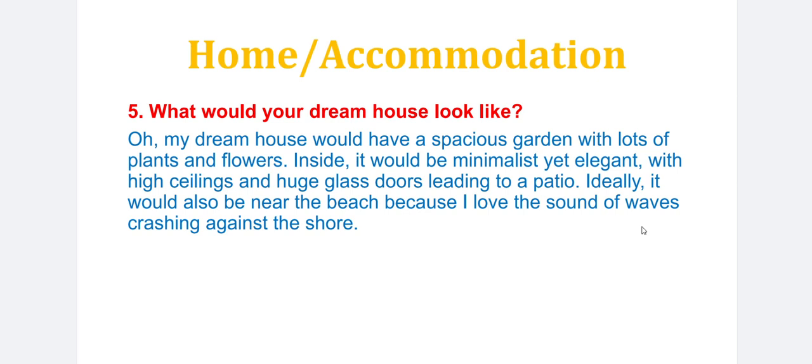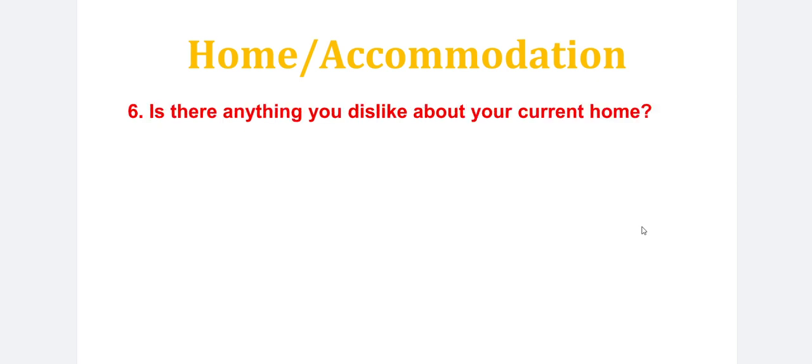So whatever your preference is, whatever you think your dream home looks like, you can talk about that. Like my dream home would be a 2-story building situated in the mountains, or whatever the place is in any country, like Canada, Australia, the US, or in any particular city, New York, Vancouver, California, Melbourne, Sydney, Perth, Auckland, whatever country, whatever city you are planning to live in the future, you can talk about that particular place and tell them what kind your home will look like and why that particular place or city or country.